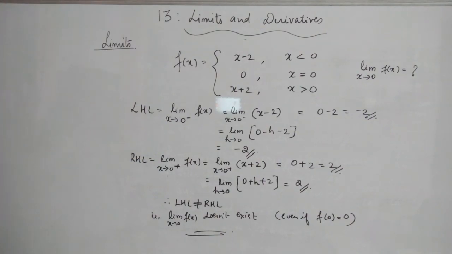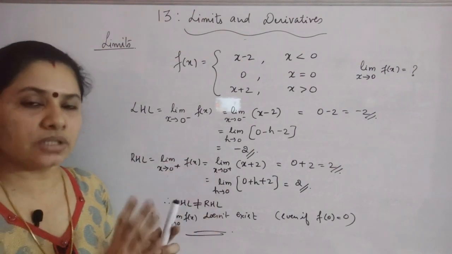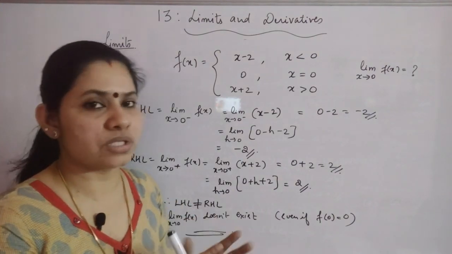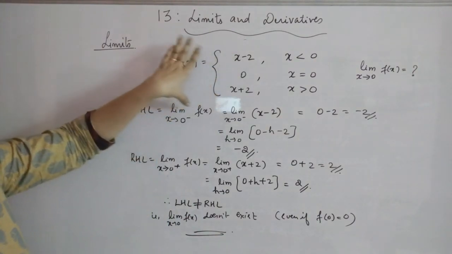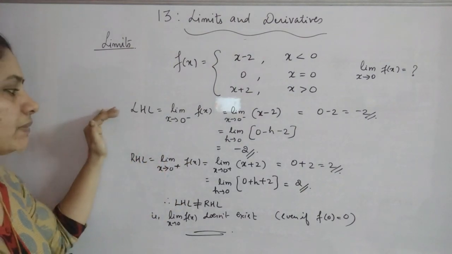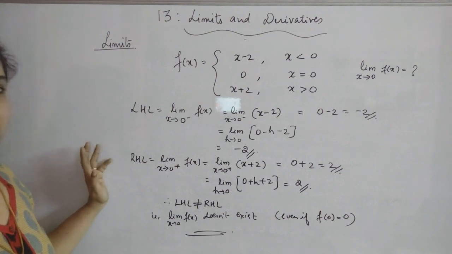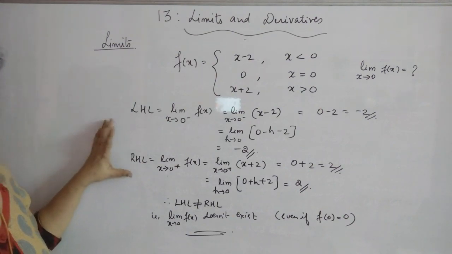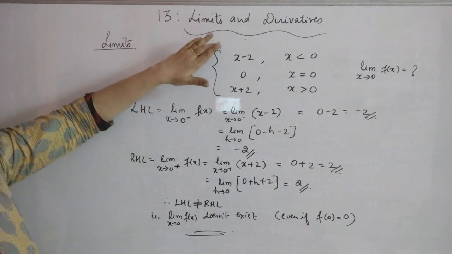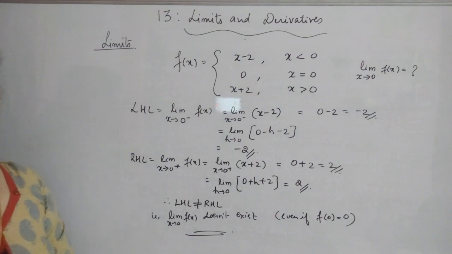Okay, so I think this is clear. Whenever you have only one function, that is f of x equal to a single expression in x, the left and right limits will almost always give the same value. But when the function has different values on the left and right side of a point, the left limit and right limit can differ. In certain cases you will get the same answer, but most probably when the function varies on the left and right side, this happens.